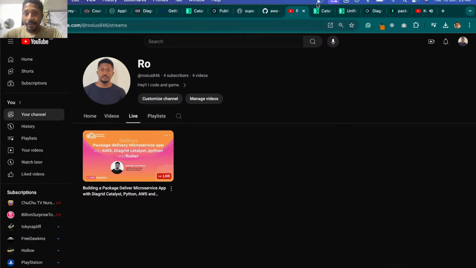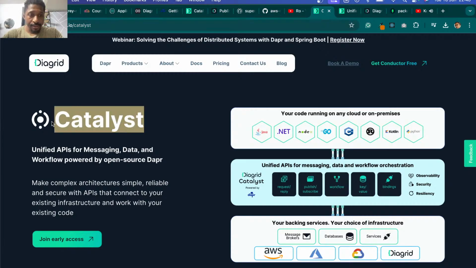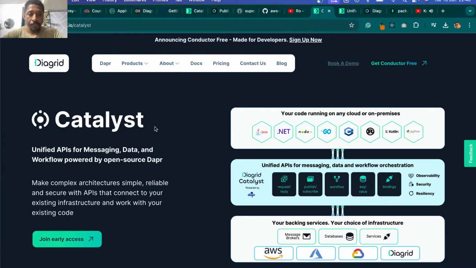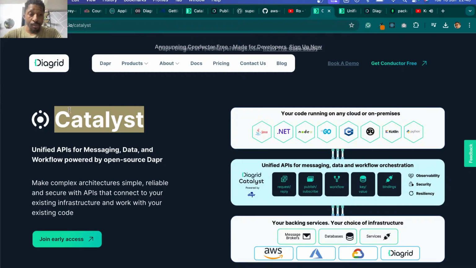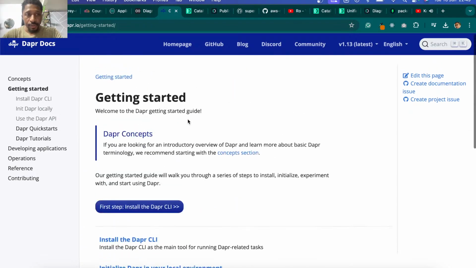Yeah, I think so. The topic of conversation for today is Catalyst. It's a serverless platform or serverless framework by a couple of engineers at a company called Diagrid, and it's actually a wrapper on Dapr. I don't know if you've heard about Dapr before, but